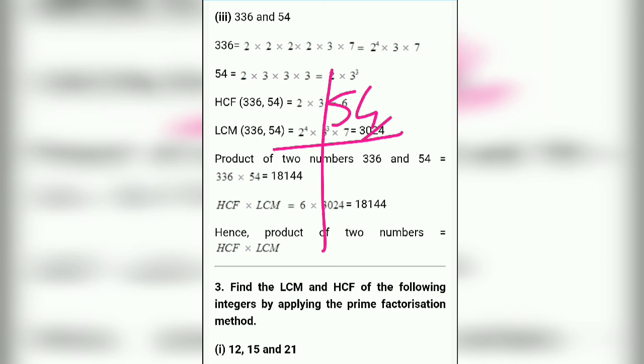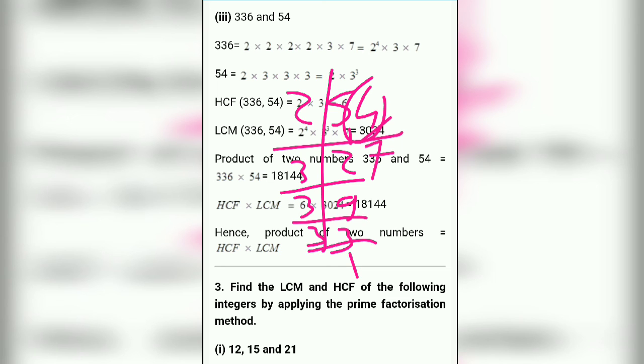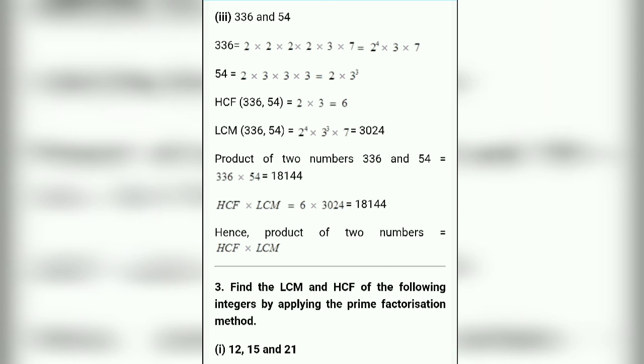Unit digit is even, so we can divide by 2. 2 2s are 4, 1 is remainder, 14, 2 7s are 14. Now for the 27, we know that 3 9s are 27, 3 3s are 9 and 3 1s are 3. So the prime factors of 54 are 2 multiply 3 multiply 3 multiply 3. In exponential form, 1 time 2 and 3 times 3, so 3 cubed.